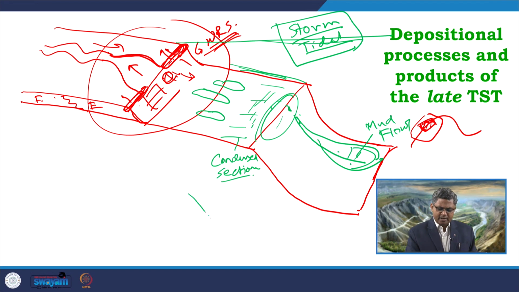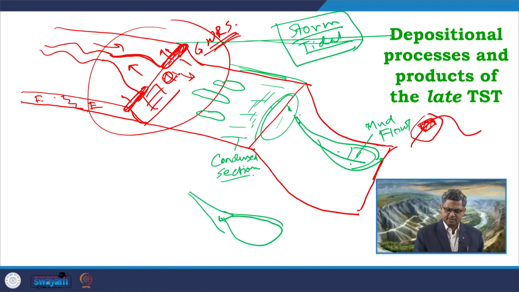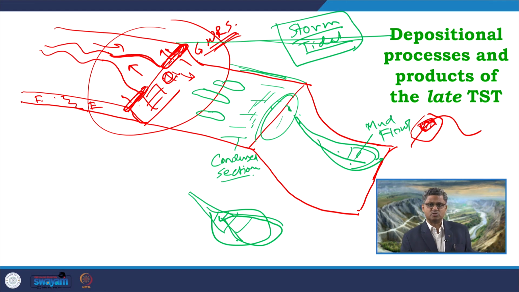So, initially a canyon will be formed, or maybe some earlier present canyons will be occupied by these mud flows like this. The next one will be covering up the next phase of the canyon, and in that way the successive mud flows will try to cover up, try to retrograde also. So, in that way they also form a part of the healing phase deposit, they also form a backfilling of the canyon system.